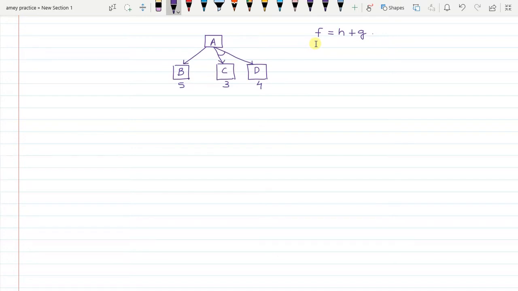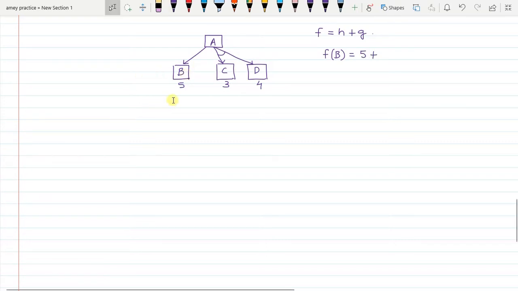Now let us see. So that means from A there are 3 options. Now which path does the algorithm select at this stage? Let's calculate. First let us find out the f value of B. Notice that B is a normal OR arc. This kind of node we have seen in the previous problems also, in A star also. So f of B is equal to the heuristic value of B, that is 5, plus the g value.